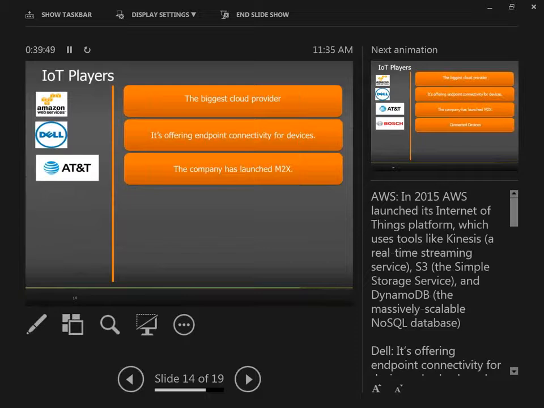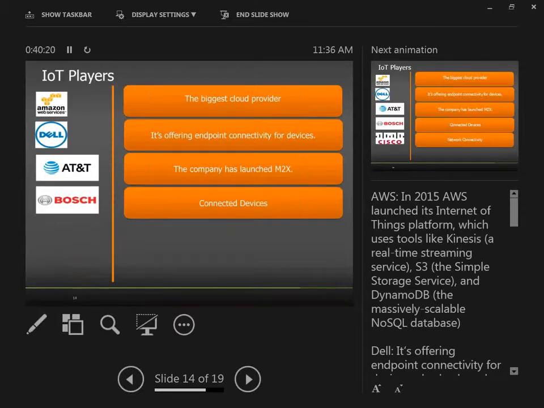AT&T has launched M2X, basically machine-to-machine or machine-to-human. It's a cloud-based data storage service and data flow, a development portal for building applications for the world of IoT. AT&T hopes to have 10 million vehicles connected to its network by 2017, including 1.2 million fleet vehicles and nearly 240,000 shipping containers.